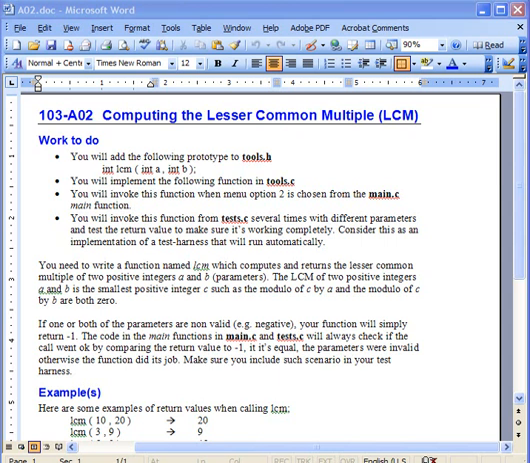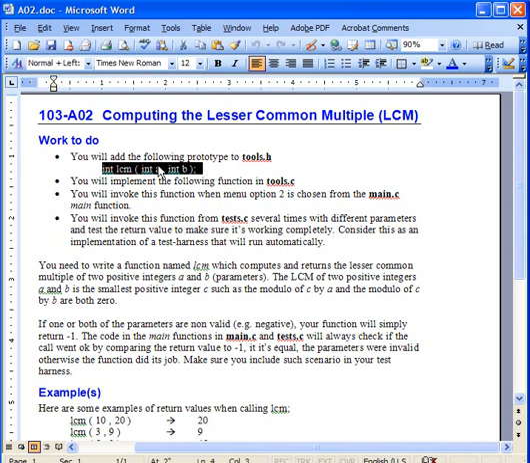Exercise A02 is going to have us implement our first function in the framework we defined in exercise A01. The function will be a least common multiple taking two parameters a and b of type positive integer, which we're going to enforce, and returning the LCM of those two numbers. So we are going to add the prototype in tools.h, we are going to add the implementation of this function